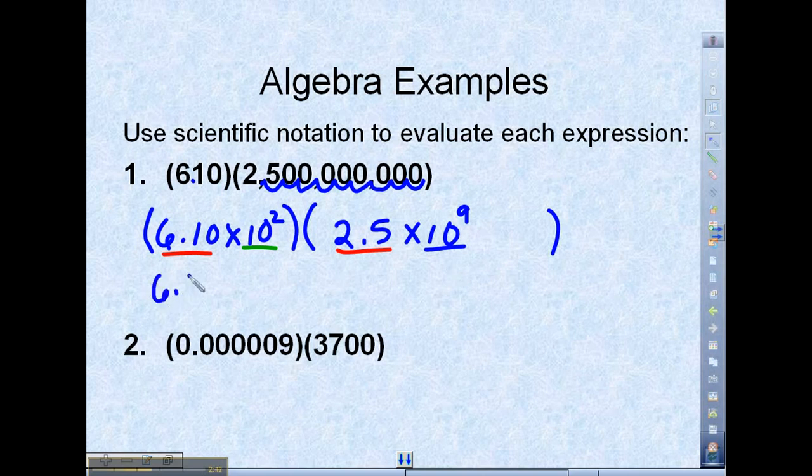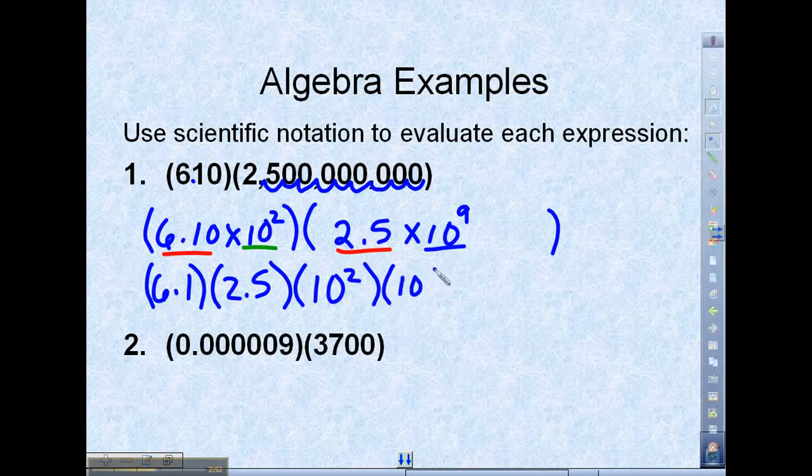I'm going to say this is 6.1 being multiplied by 2.5, being multiplied by 10 to the second power, being multiplied by 10 to the ninth power. With me so far? All right, so 6.1 multiplied by 2.5 gives us